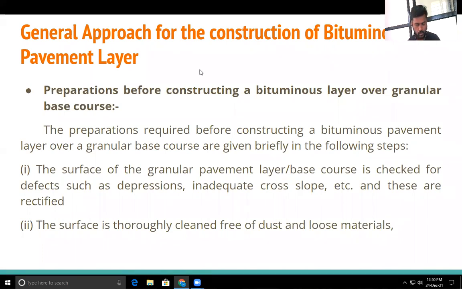Before starting, we will briefly introduce what we have covered in the last lecture. So we have seen the stepwise procedure to form a sub-base layer, subgrade layer, base layer. First, for the preparation of the subgrade, we have to clear the ground. Then I have to apply the soil firmly up to the required depth. Then we have to go for the compaction, the proper compaction so that the proper dry density of that road